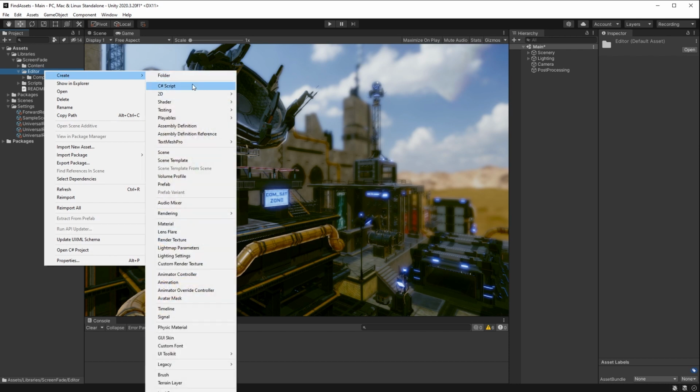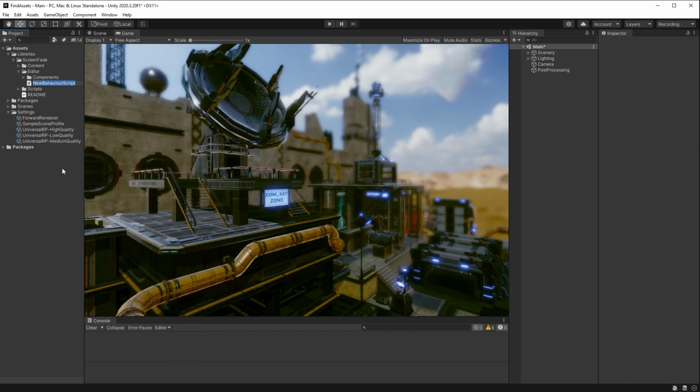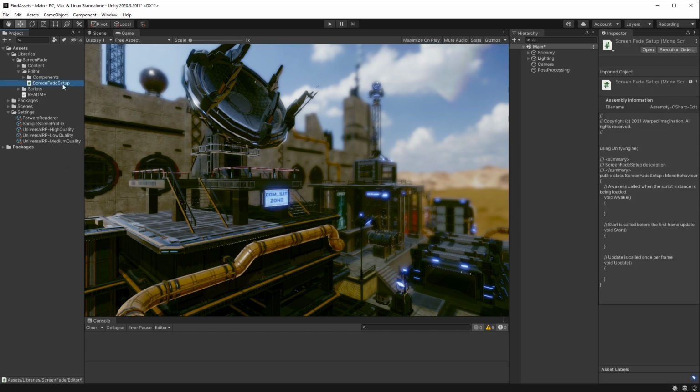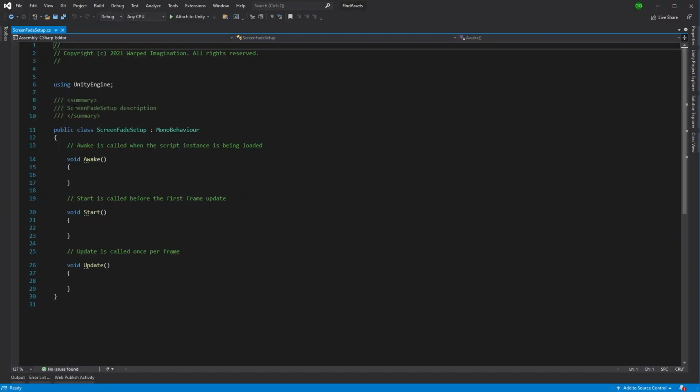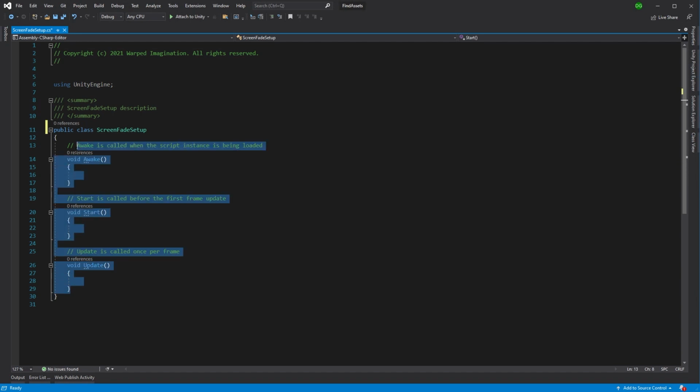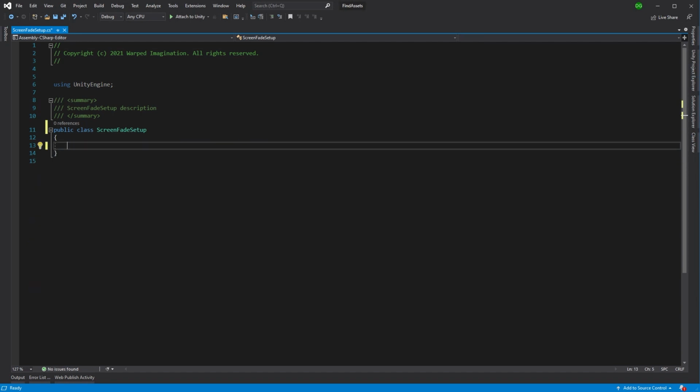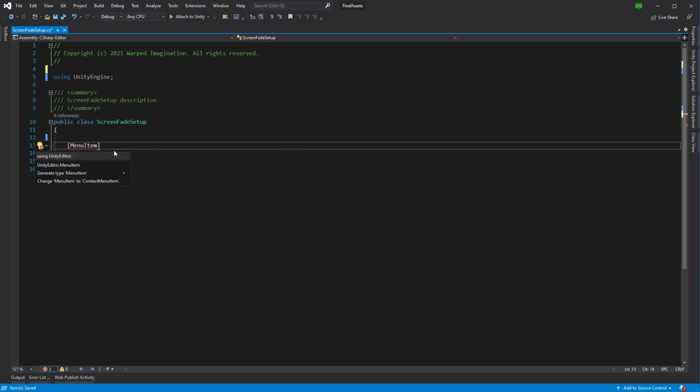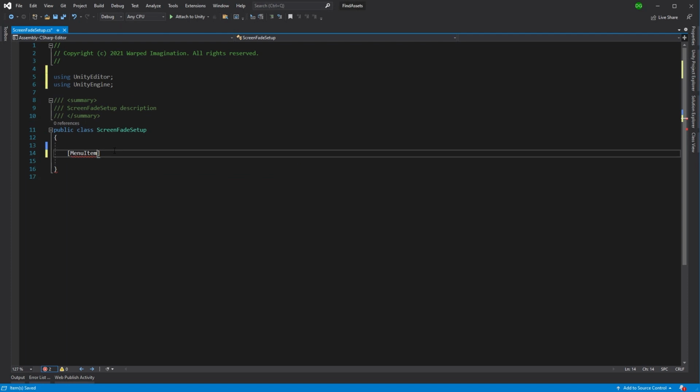But we're going to create a tool. So let's start with a C# script, and we're going to call this one screen fade setup. And let's just open that in Visual Studio. It's not going to be a mono behavior, and we can get rid of the rest of this stuff right here. Okay, so the first thing we're going to do is create a menu item, which obviously comes from our Unity editor